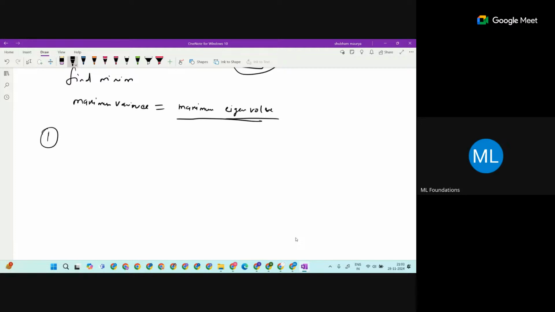I will suggest again: if you check the old question papers, you will see what kind of questions are asked on PCA. A very similar type of problem would be asked in this quiz also. It's not even going to change. PCA is just an algorithm, and we are not able to create very different problems on it. It could be repetitive, or a small change in your data. So if you do the older question papers, you can easily do the PCA problem.